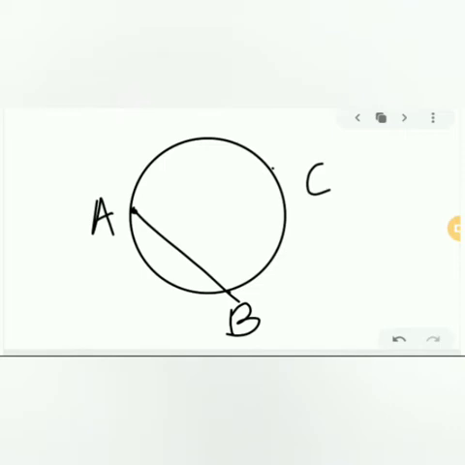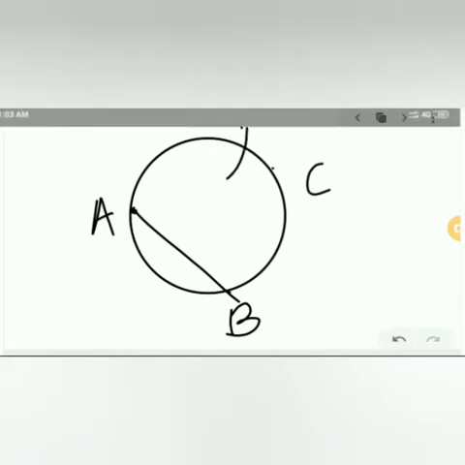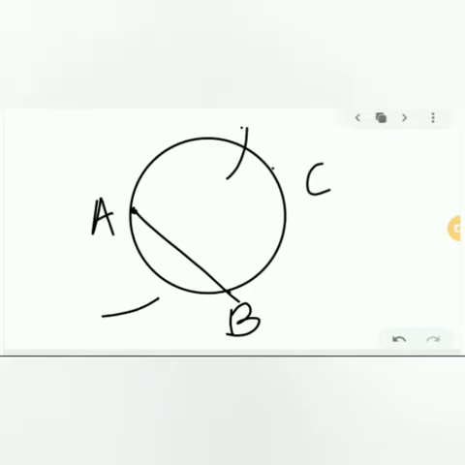So how will it look? If I take center point as A and make a cut over here, and the same cut by taking center as A, it will look like this. Now if I take center point as B and make a cut over here, how will it look? It will look like this. Let me take center as A, it will look like this, and center as B, it will look like this.